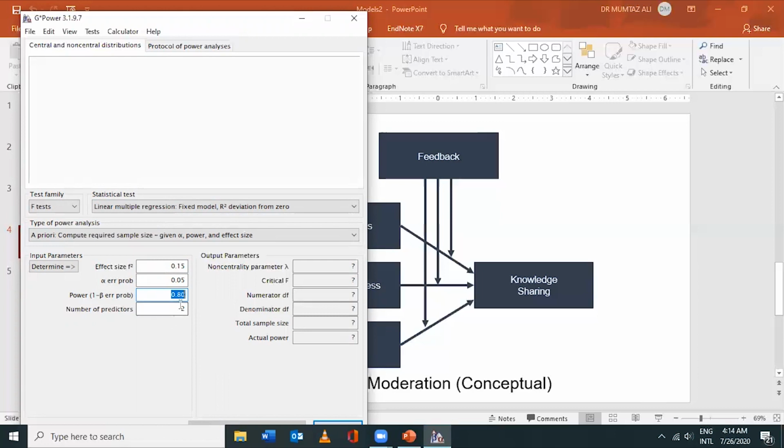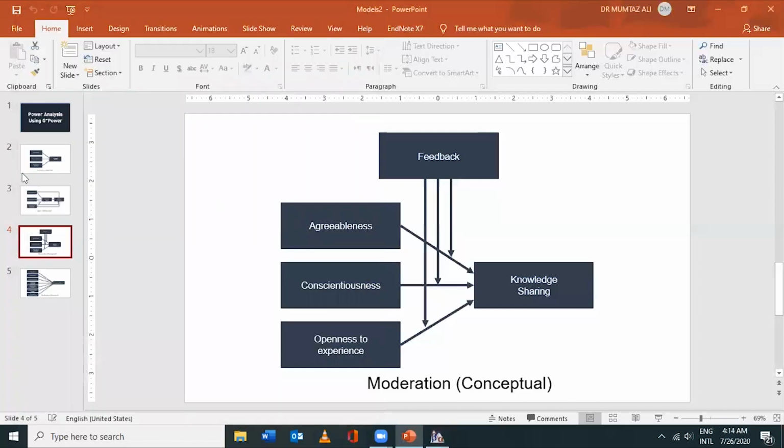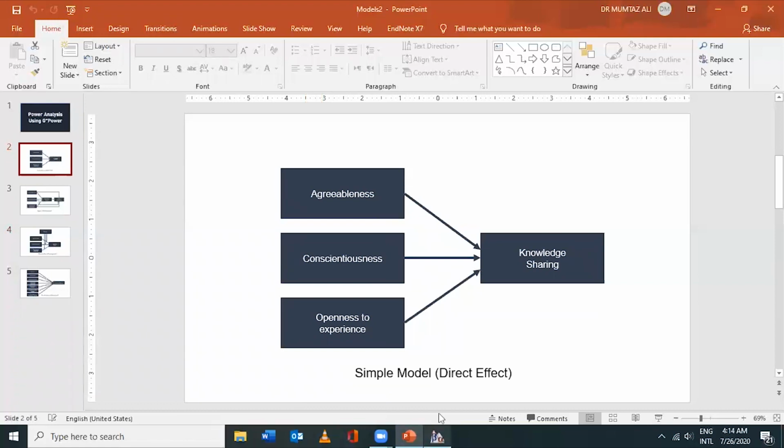And then the last thing you have to add is the number of predictors. Remember, the number of predictors depends on your model. Number of predictors in power analysis does not refer to the number of independent variables. Number of predictors here means the maximum arrows pointing to one variable. In this case, the maximum arrows pointing to one variable is 3 because it's a simple model.